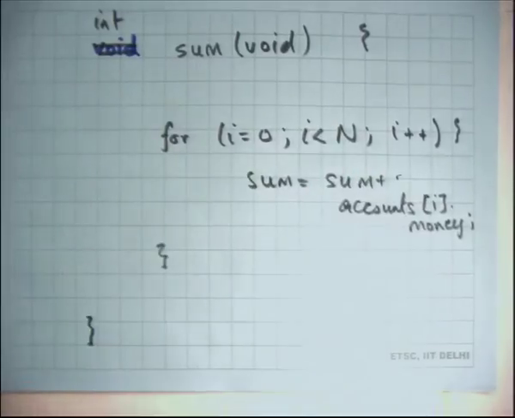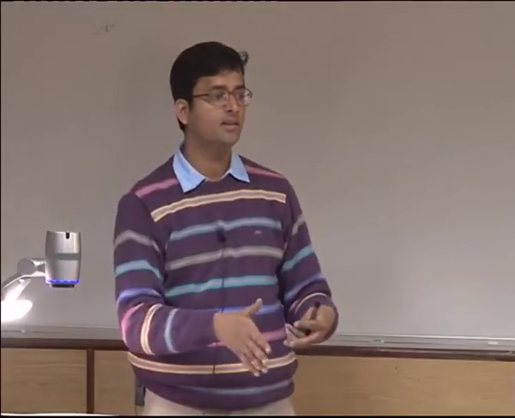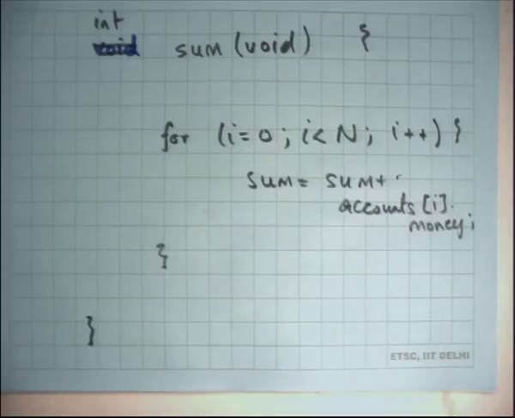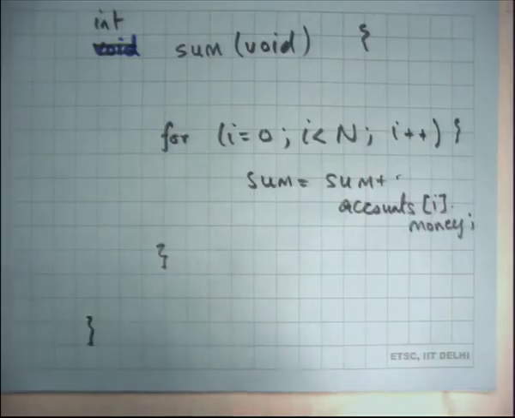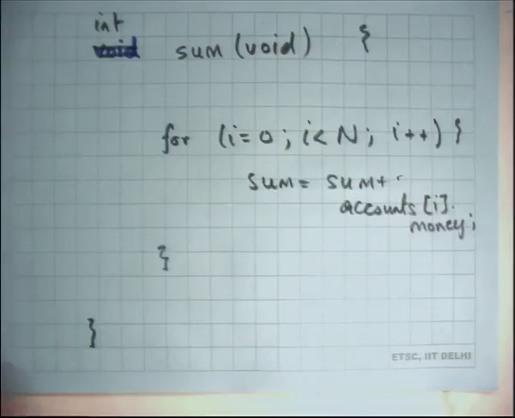Okay. So let's say this is my code, and of course this function is also being run by a thread concurrently with other threads that may be running the same function sum, or that may be running the transfer function, all right? And let's say I want to make sure that the sum stays constant. So the total money in my account and my bank should remain constant. I could just be transferring money across each other, and so